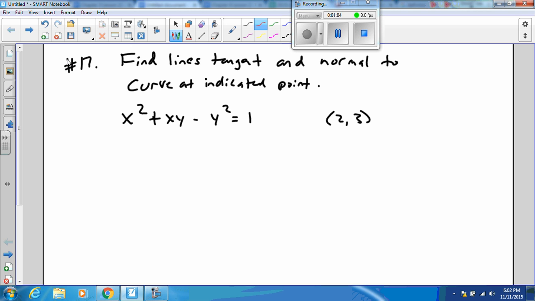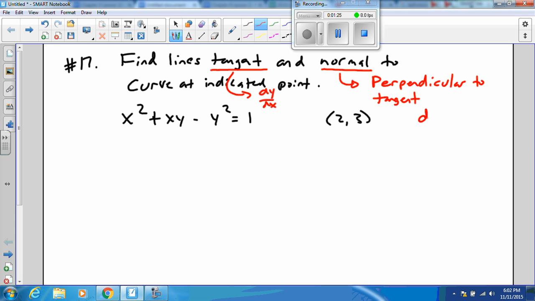Now, first of all, a little bit of vocabulary review. Remember that the line tangent is the line whose slope is going to be dy/dx. And the line normal is perpendicular to the tangent, and therefore its slope, which I usually denote as dy/dx perpendicular, is going to be negative 1 over dy/dx, because perpendicular lines have negative reciprocal slopes. So they're really asking us to find dy/dx and dy/dx perpendicular, and then use those to create the